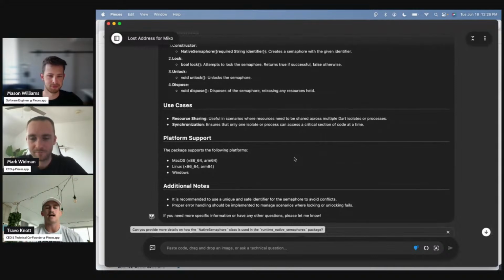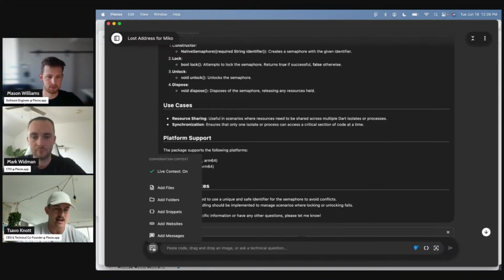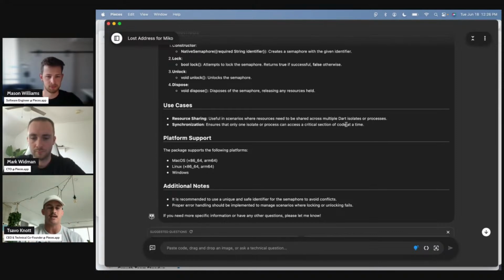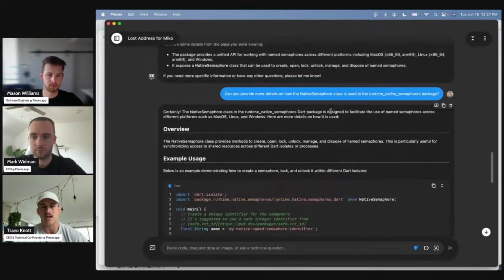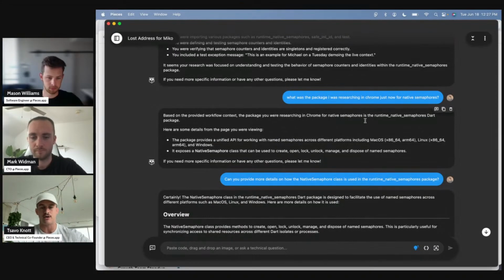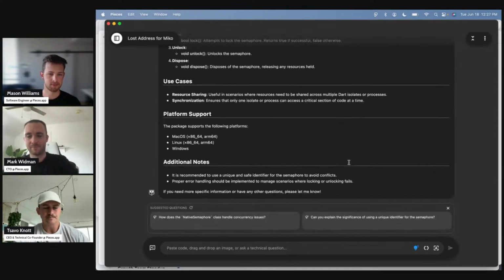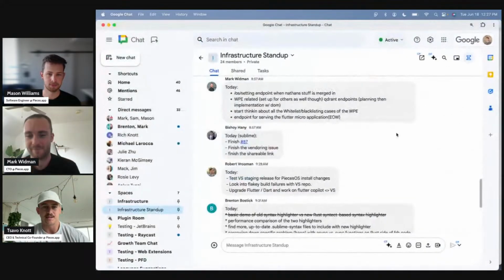But one thing you'll note is I didn't actually copy and paste anything from that package. I actually didn't even go in and set the website link as context, right? It's just trying to keep up with me in real time as I'm doing my work. And you'll note that it's doing the triangulation across things that I've done earlier in the day or last night to understand, am I talking about the package that I was working on, which is actually the same package in the IDE, or am I talking about the docs that I was just researching in the browser? So pretty interesting.